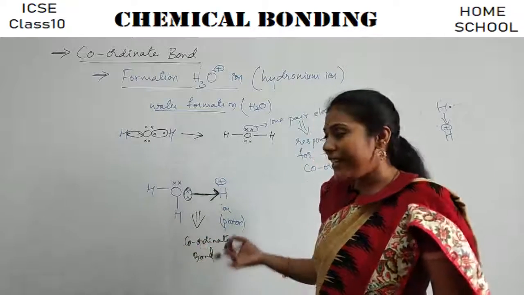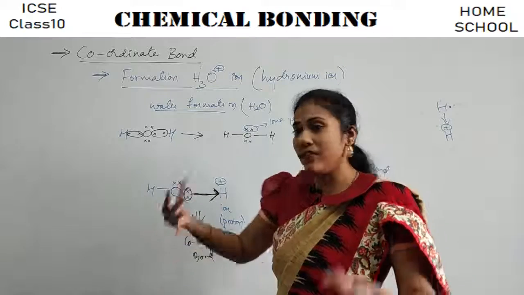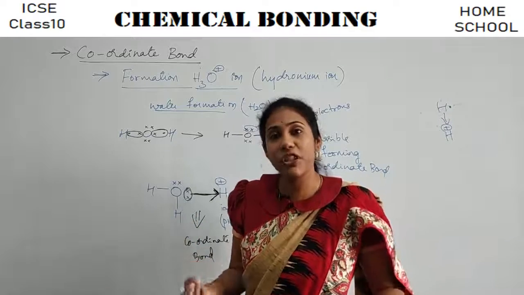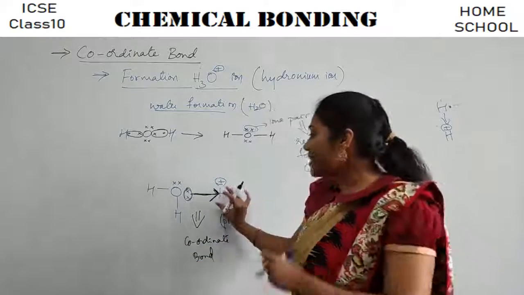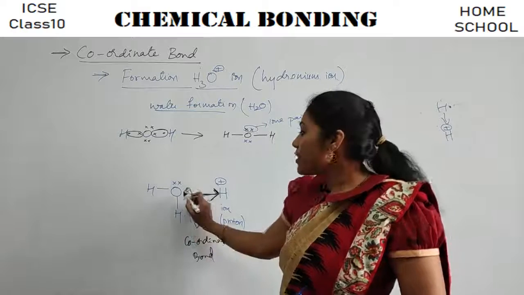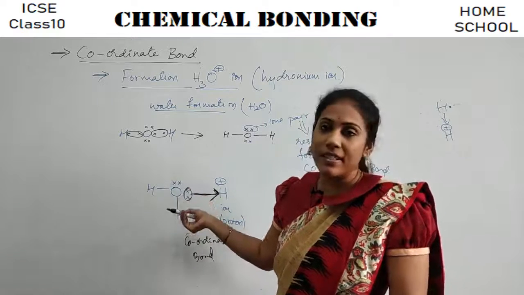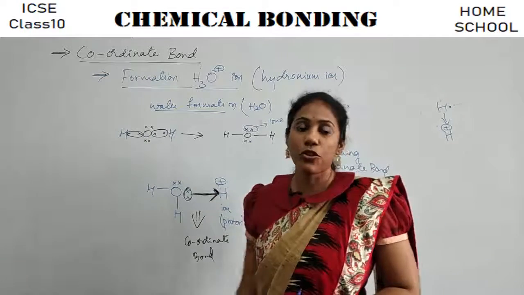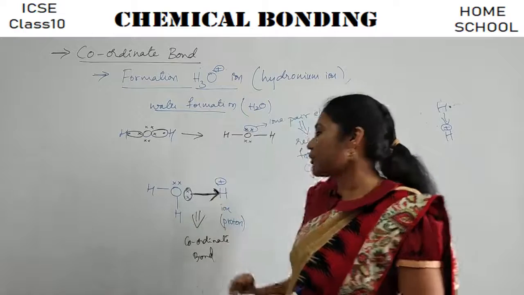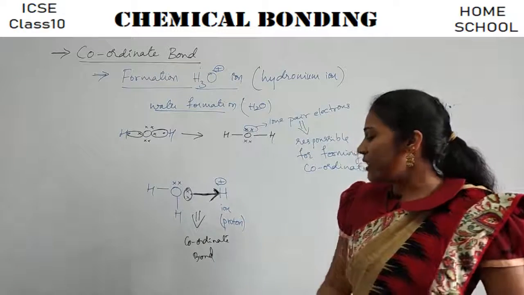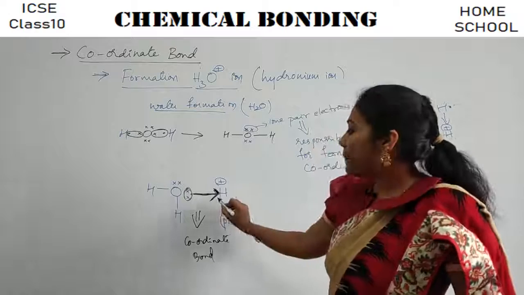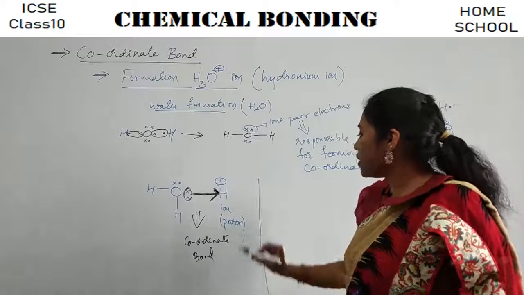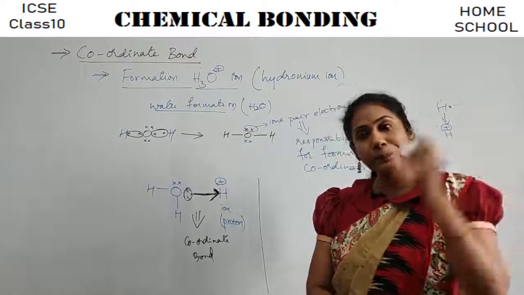It is very sadly coming and standing near oxygen, waiting for the electrons to get stability. If it gets 2 electrons, it can achieve stability, right? So it sadly waits near the water. Since oxygen in water has more unshared electrons, one pair of electrons can be shared with H plus also. So if a bond has formed this way, such a bonding we call a coordinate bond, always represented with an arrow mark.